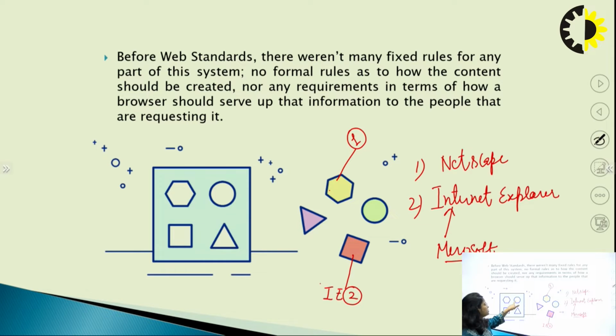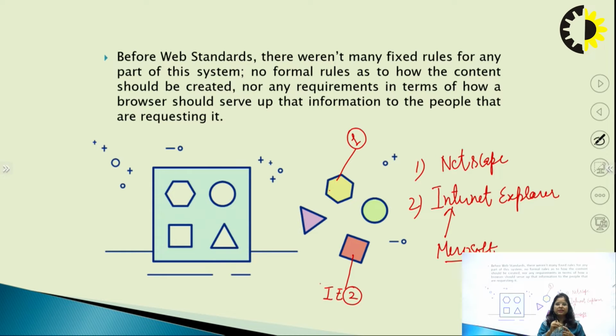We cannot fit this block to this hole. So, this is the main difficulty of the previous browsers. If a developer develops a website, then he cannot run his website on different types of browsers.